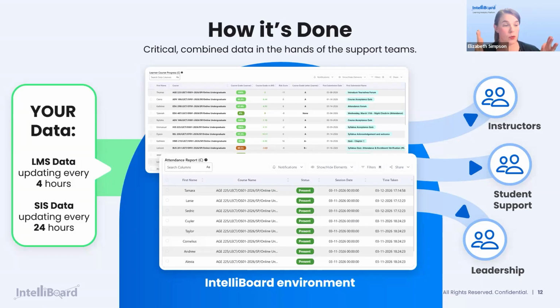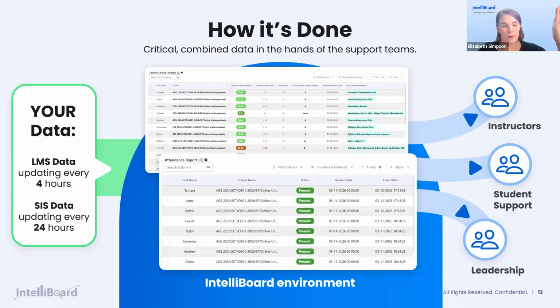Anybody on Moodle, OpenLMS, Learning Pool, Moodle US, that is a plugin inside the LMS. For anybody not on Moodle, D2L, Canvas, Blackboard, I don't think I missed anybody, that's an API call. It does the same job. It is getting the data into IntelliBoard so we can then share that with whoever needs to see it.